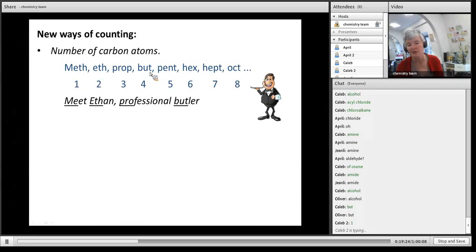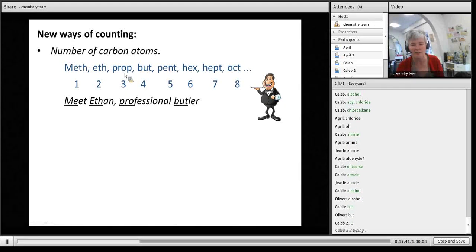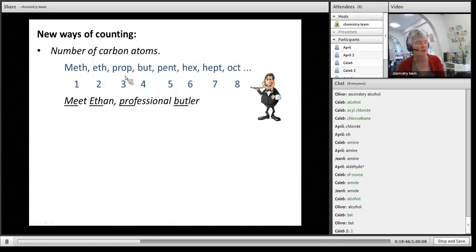compounds that were given names. So as I say, this comes from butyric acid. This comes from methane. This comes from ethanol. I mean, before they knew it had 2 carbons in it, it was called ethanol. And then prop, I can't remember. I think isopropyl alcohol. I can't remember where prop comes from. But otherwise, you can hopefully see from your maths, pent is 5, hex is 6, hept is 7, oct. You know, an octagon, a hexagon, I think you can see where these numbers